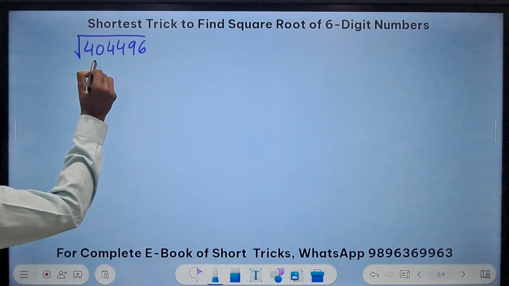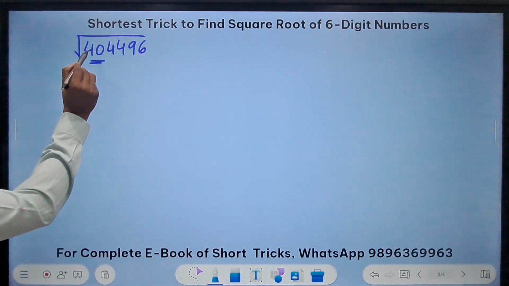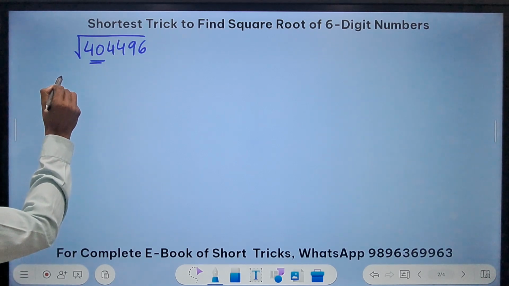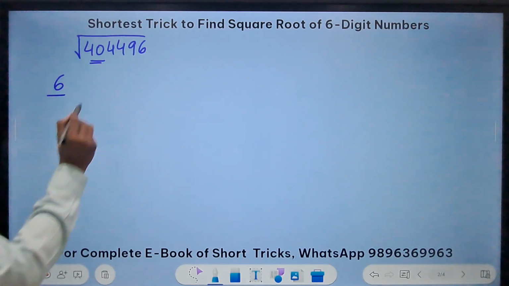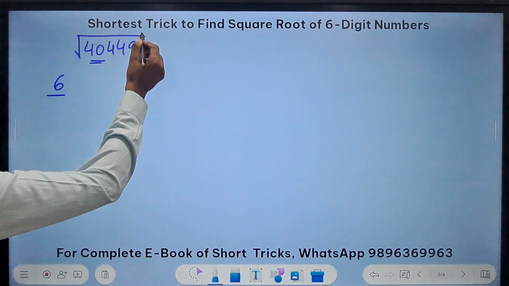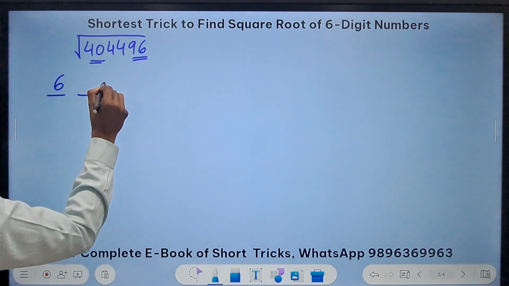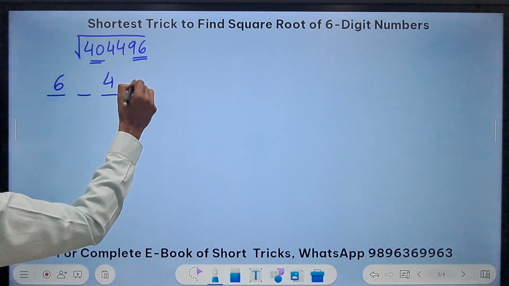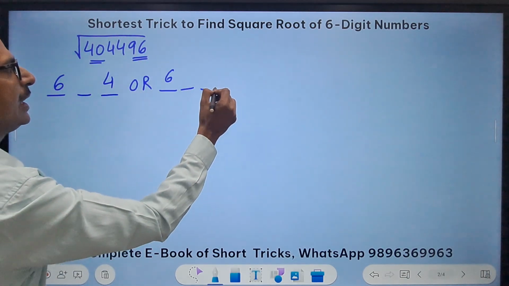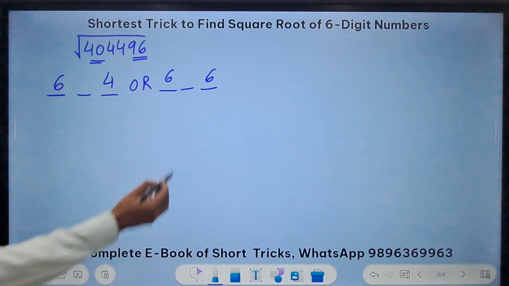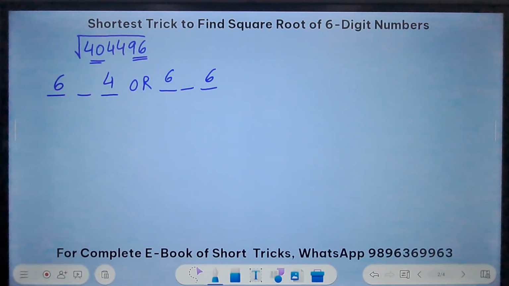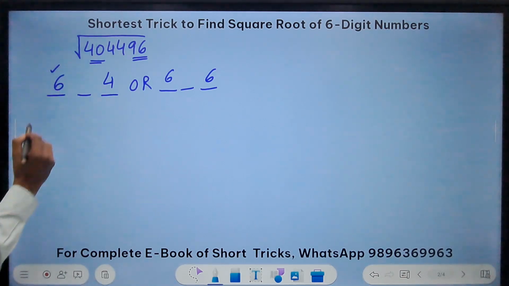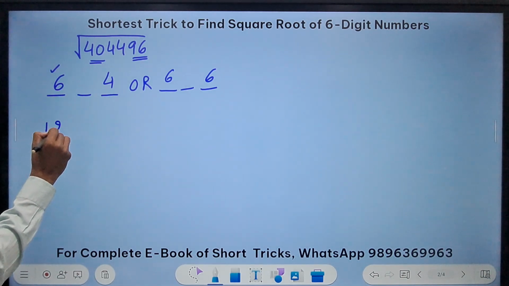So 40 means 6 square, right? 6 square is very close to 40. So the first digit is 6. The last digit, if it is ending in 6, my last digit can be 4, because 4 square is 16, which ends in 6, or the last digit can be 6 also, because 6 square is 36, that also ends in 6. Now to find the middle digit, take the double of this, which is 12, leave some